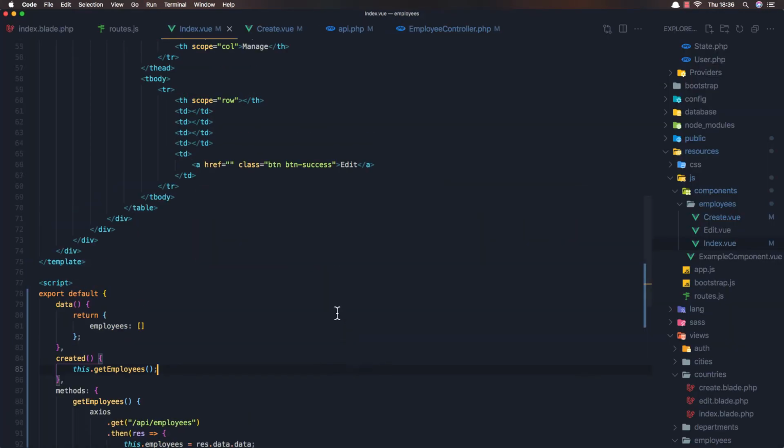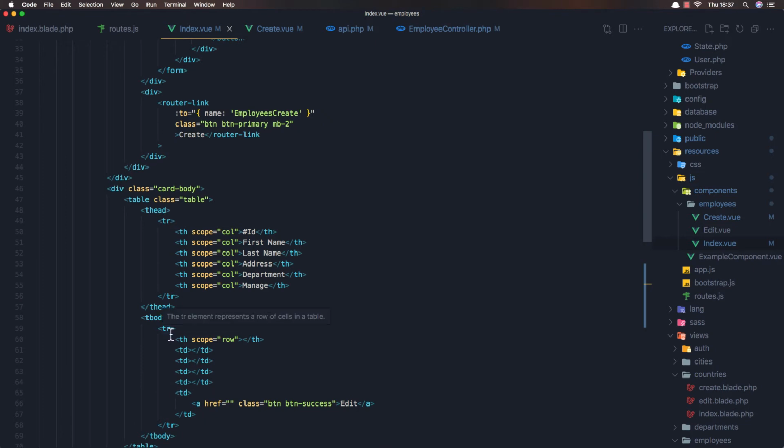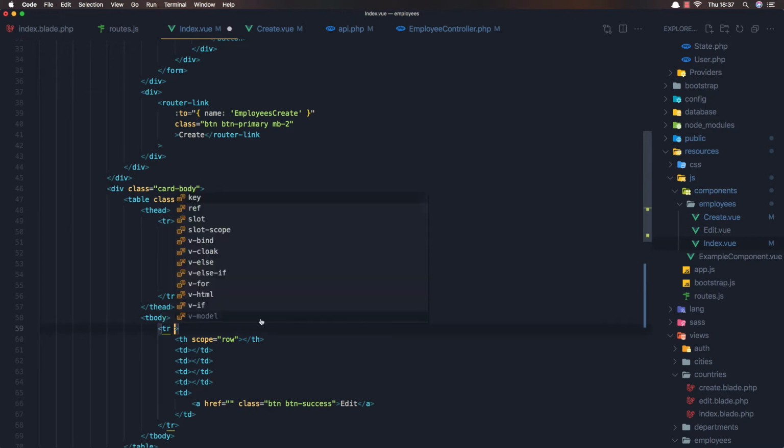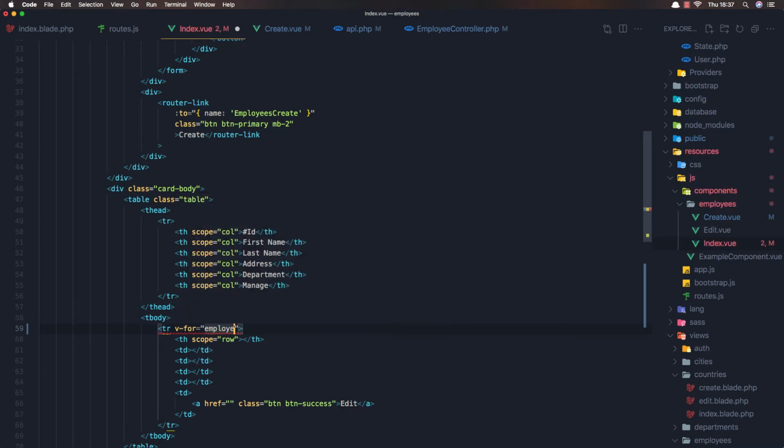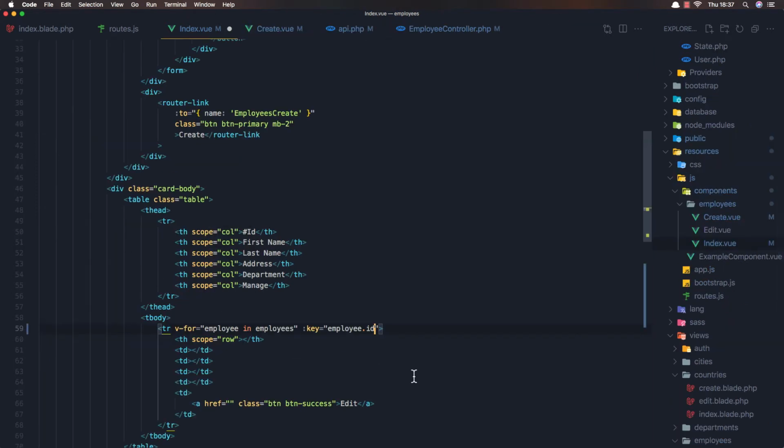Okay, and now I want to display all the employees here, and you know how. So v-for employee in employees, add the key employee, and we don't add the ID in the employee resource, so I'm going to open the employee resource and add the ID here because we need the ID. So ID, $this ID. Okay, save and close this one,